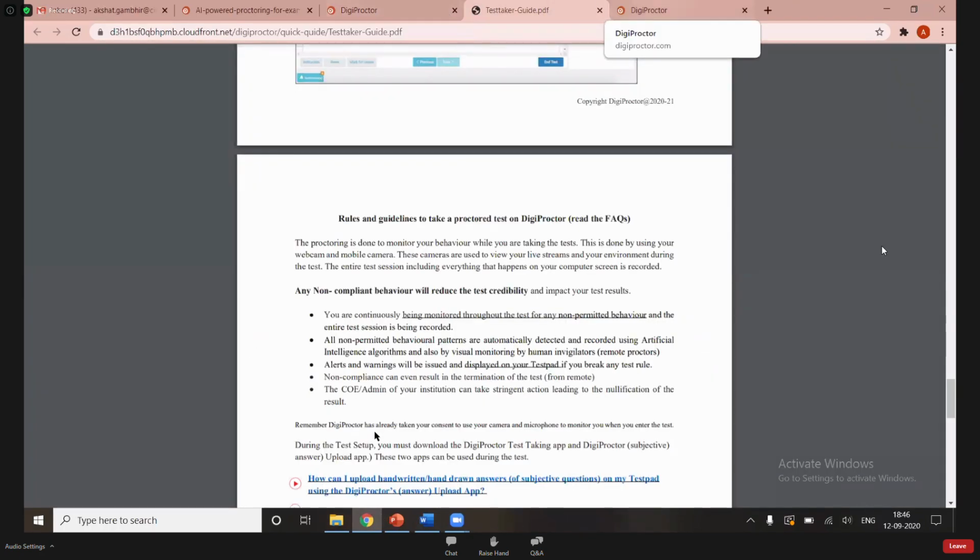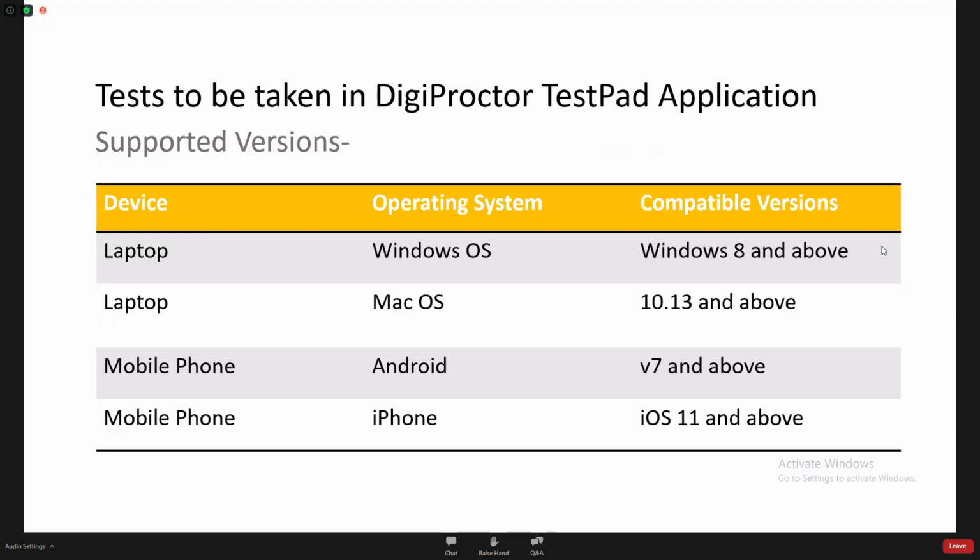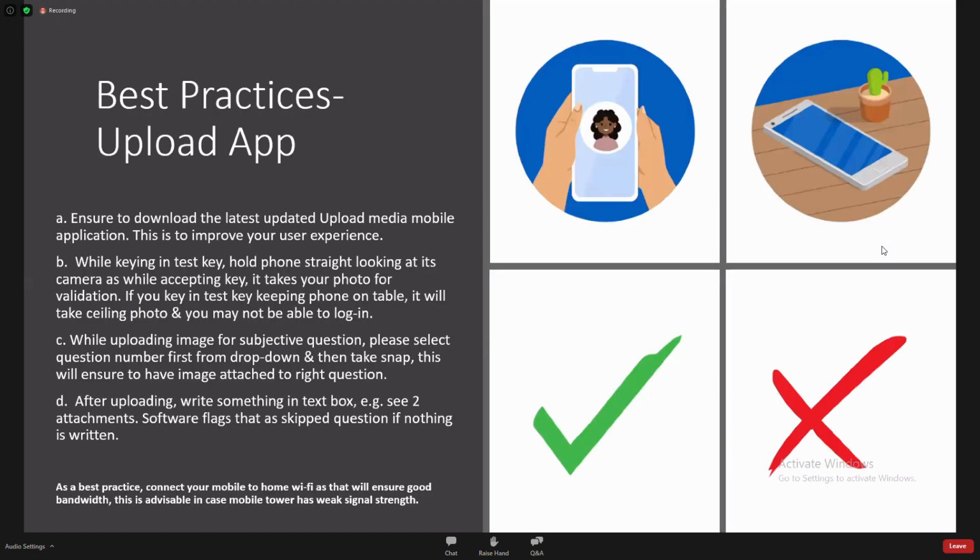One more piece of information here. Whenever you are taking the test, you will not be allowed to move out of the window. In case you try to move out of the window, you will get automated alerts and your test will be paused for some duration, which is the penalty duration. In case that duration exceeds, let's say you have got a 30 minutes timer, please connect to the support team instantly. They will be able to fix it, pending a judgment on the reasoning given for what exactly has happened.